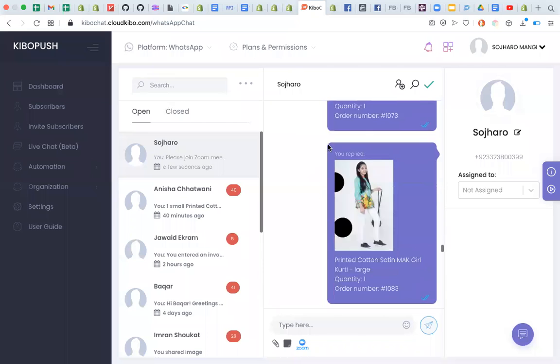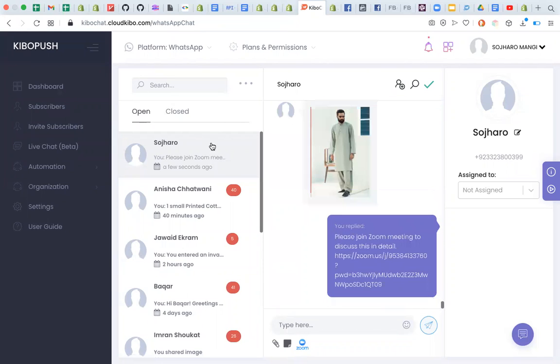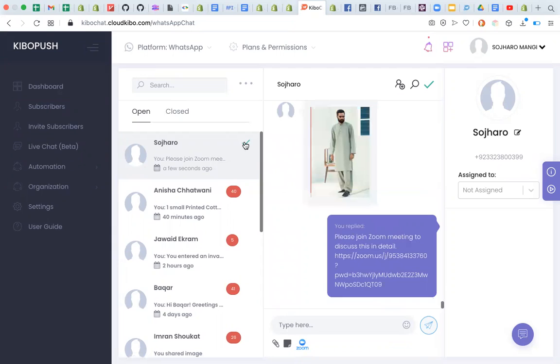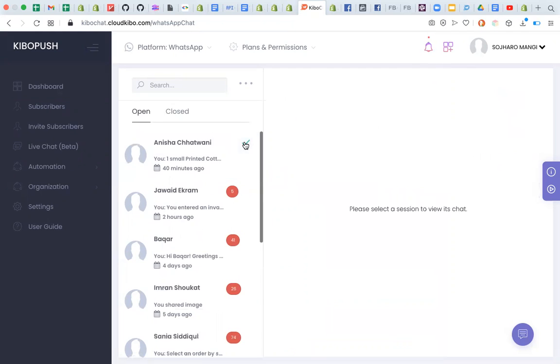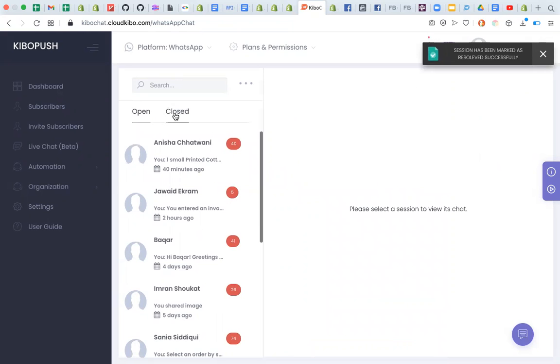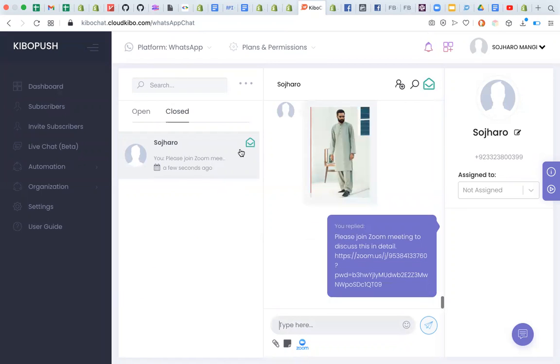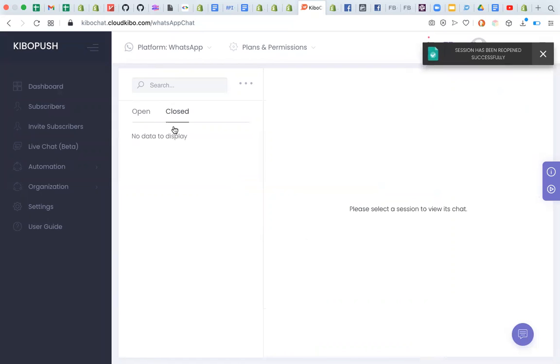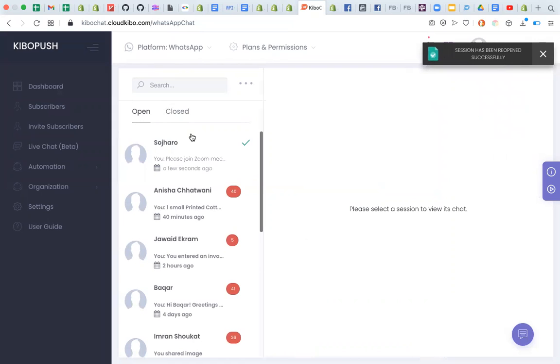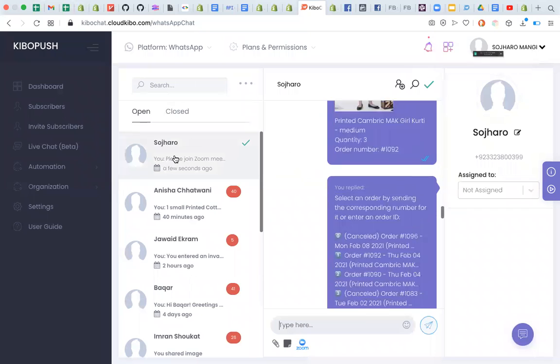The other thing that we have in this is that we can resolve a chat session by clicking this tick mark button. If I click this tick, the chat session has been resolved and moved to a separate queue called closed, and I can see the messages here as well. And if I think so, I can open this issue, so I can reopen this ticket as well. By clicking on this, I have reopened it, and it has gone to the open queue.